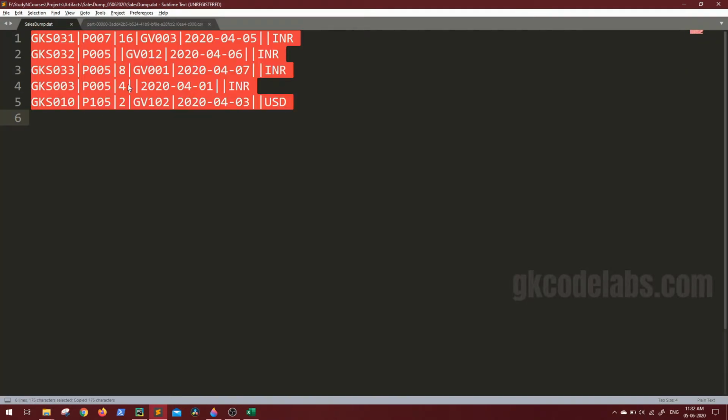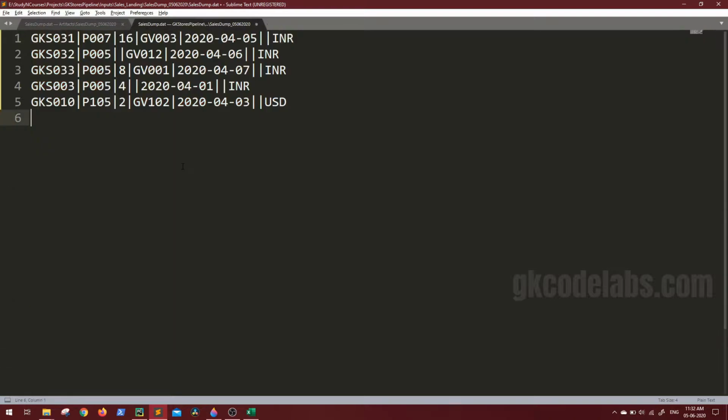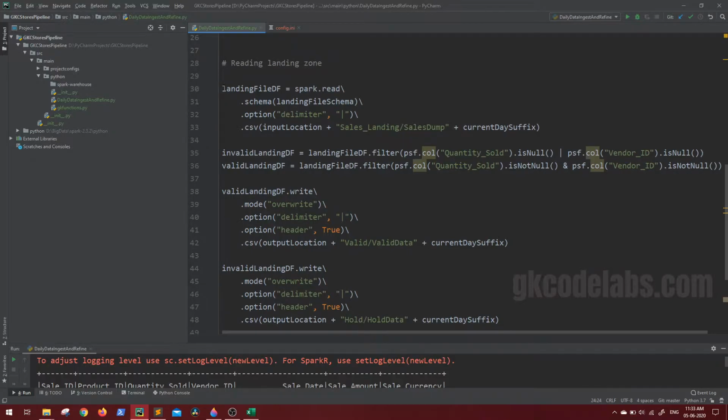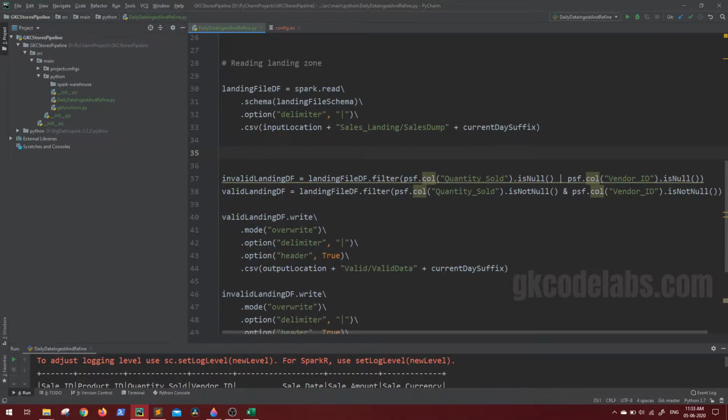And let's copy all this data where 3 records are new, 2 are updates, and apart from all this, this is the record for next day. Let's save it, and our current day is 5 and previous day is 4th as usual. Now along with the input data that we have separated as invalid and valid, we also have to read the whole data of previous date. So let's say reading previous whole data.